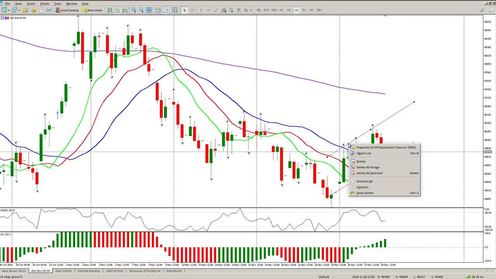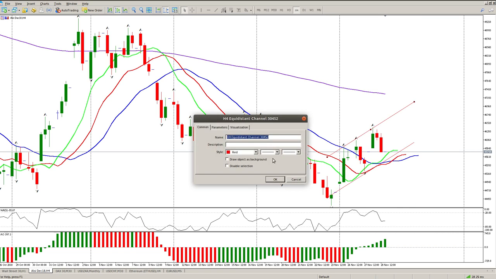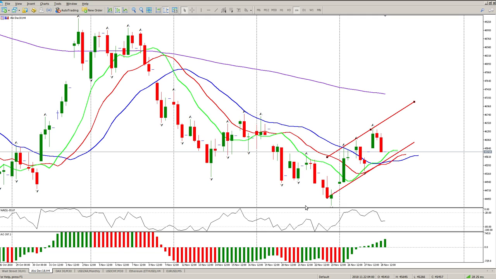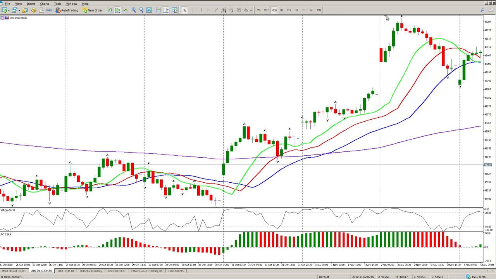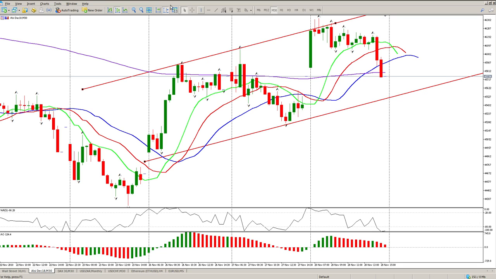You probably can't see that, so let me just change the properties thereof. So this is the first thing that I can see: a channel. We do have a channel, and it lines up on the 4 hour with the 4 hour alligator. Now if I drill down to the half hour, have a look at this. This gap close would break below the channel,